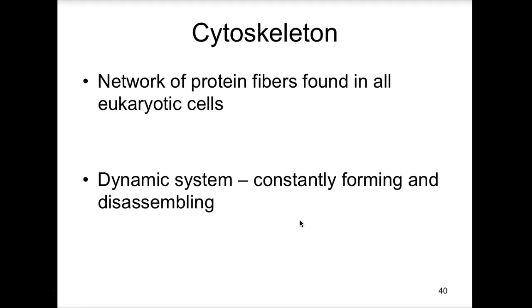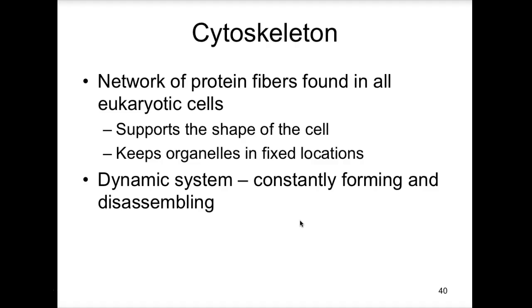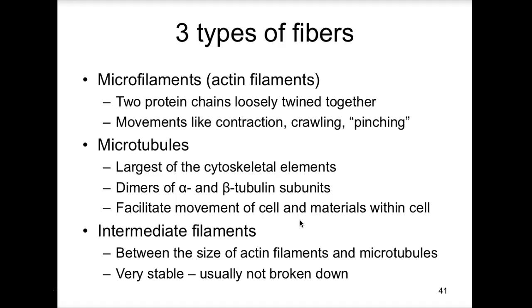The cytoskeleton is basically a network of protein fibers found in all eukaryotic cells. It's a dynamic system that is constantly forming and disassembling. When you look at the network of protein fibers, it supports the shape of the cell and keeps organelles in fixed locations. The three types of fibers that we find in the cytoskeleton are the microfilaments